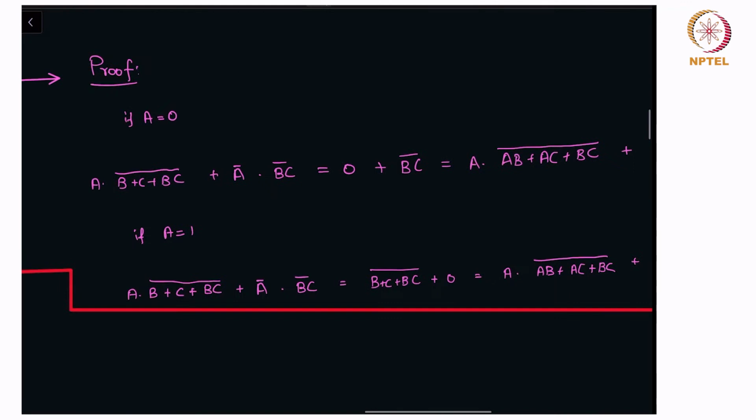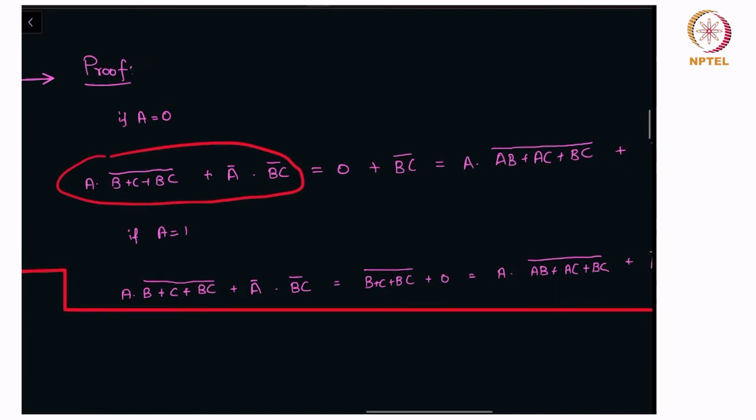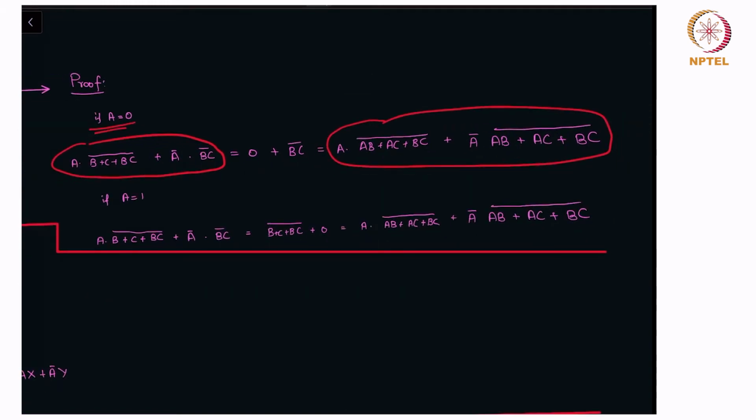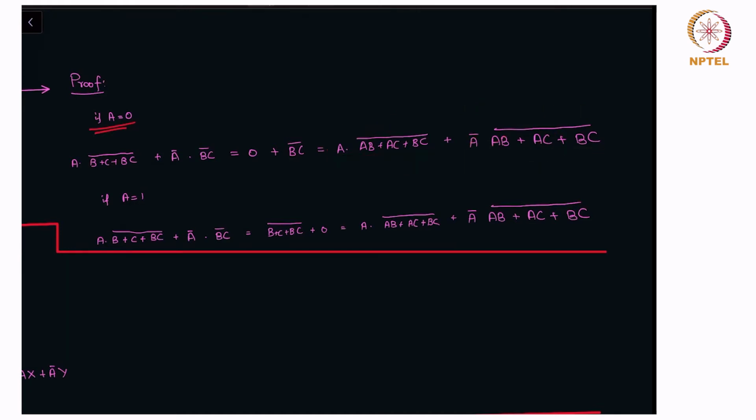The idea is that this is the original expression and this is the replaced expression, right? So if A equals 0, the original expression becomes 0 plus BC, because A bar will be 1 and A will be 0. So the first term becomes 0, and the second term just becomes BC, right? And similarly in the replaced expression, if A is 0, the first term goes to 0, and this is 1, so it's just BC bar. So if A equals 0, then both of them are equal, and if A equals 1,